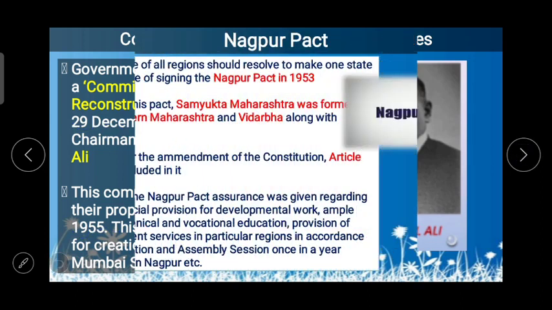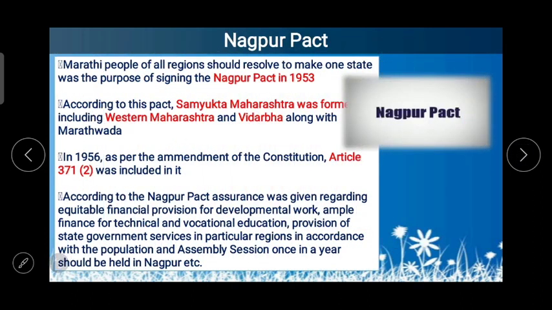Now the movement started. Nagpur Pact. Marathi people of all regions should resolve to make one state was the purpose of signing the Nagpur Pact in 1953, and according to this pact, Samyukta Maharashtra was formed, including Western Maharashtra and